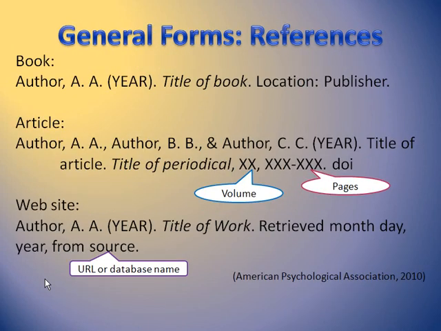The references at the end follow these general formats. Books are pretty simple. Articles can get a little bit more complicated because you have to have both the title of the article and the title of the magazine, journal, or newspaper that article came from. The basic format for a website is pretty straightforward, but because there's so many different types of websites, you have to get into a lot of little details when you do websites. The best idea would be to look at the examples in the publication manual of the American Psychological Association. That's available at the library.